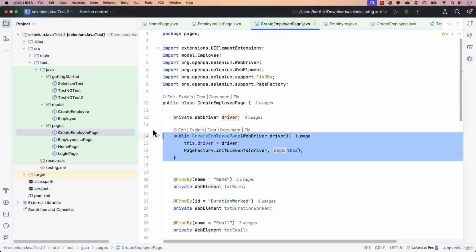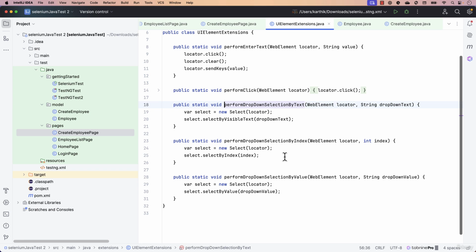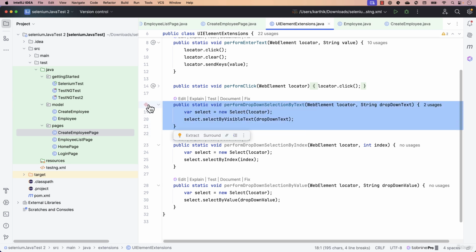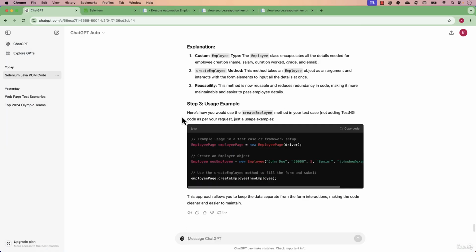As you can see, you may be familiar with Java, for instance, and you probably know how to write code like this. But let's say you have a question where you don't even know what this code does. For instance, the perform drop down selection operation is a method which has a lot of code, but you don't really understand what this code does. So if you need an explanation of this code, what will you do? And what if you wanted to have documentation of all this code so that you can just keep on adding them all here? In order to do that, you can sometimes just go to ChatGPT over here,